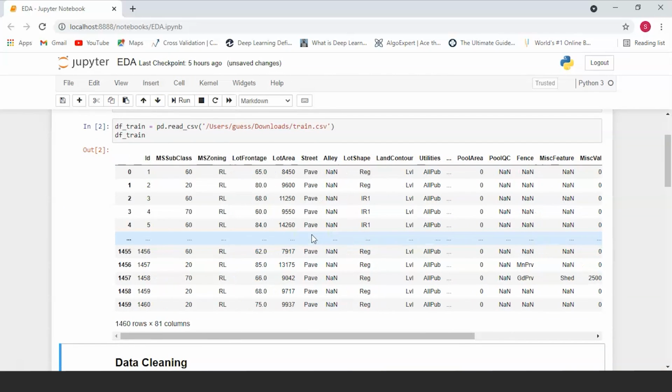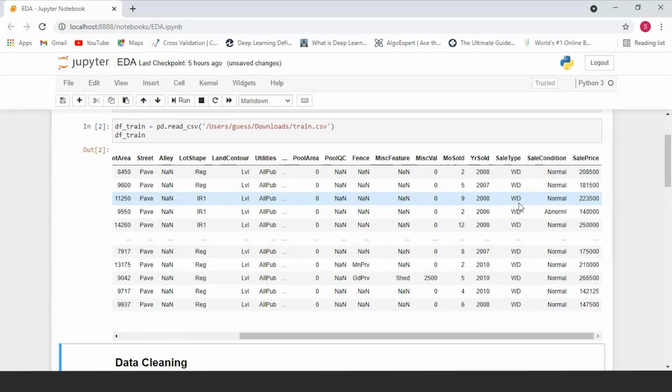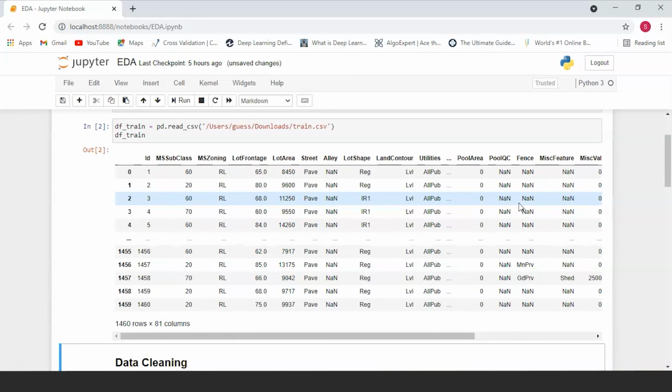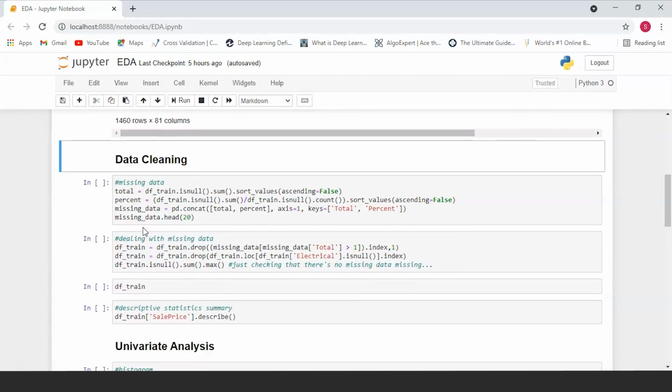So this is what the data looks like. As you can see, it has a lot of columns and rows and some of them are very evidently not required. For example, the PoolQC column is almost entirely consisting of missing values. The same goes for the Fence and the MiscFeature columns. So these are all columns that we'll have to look at. Or if you want, you can just drop these columns entirely and not use them when you're performing machine learning on this dataset.